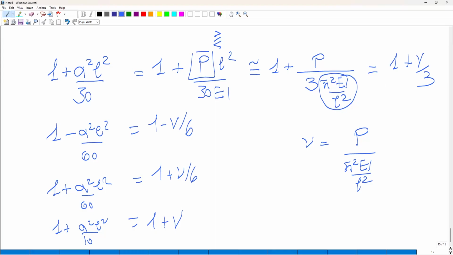This is what we call the linearized buckling theory of frames. Why linearized? Because we have ended up with binomial expressions. Very simple. And this can be handled